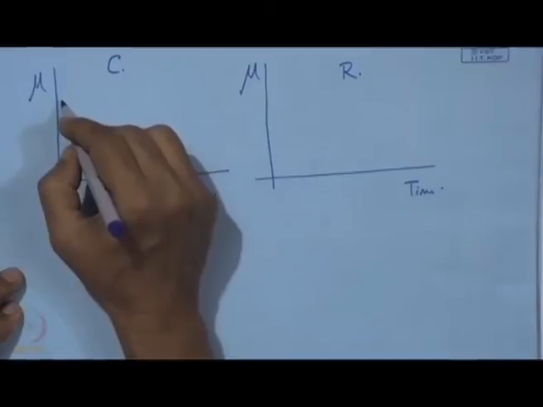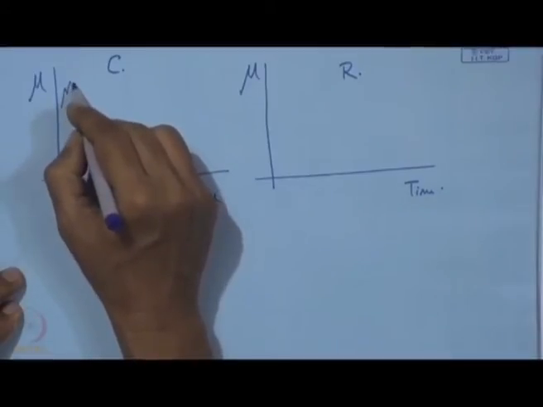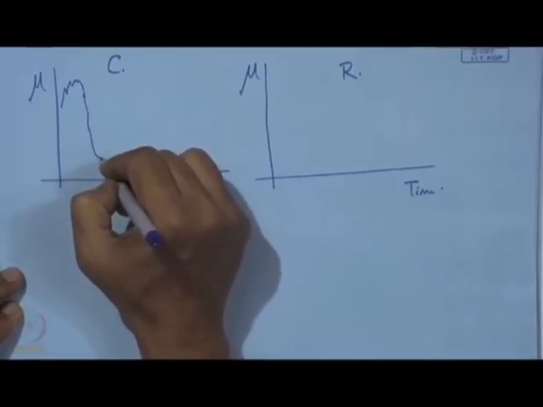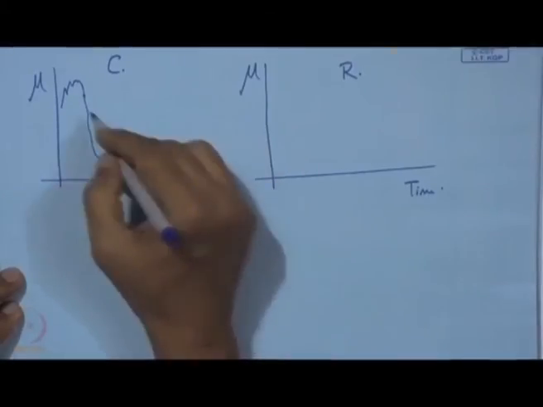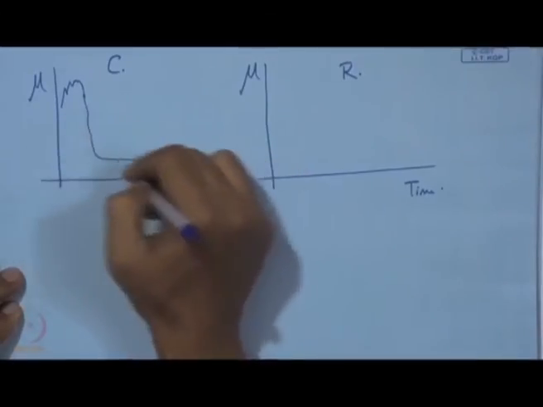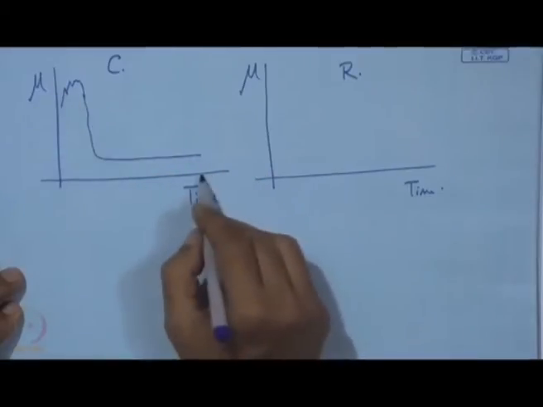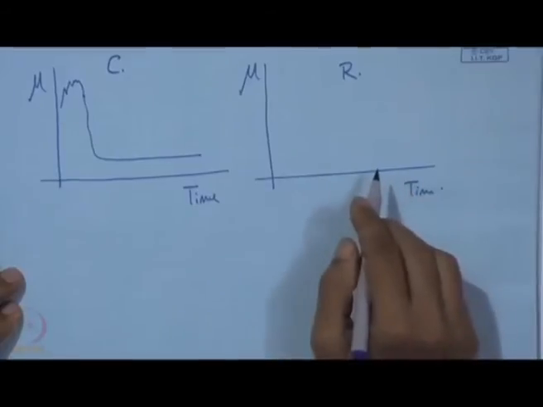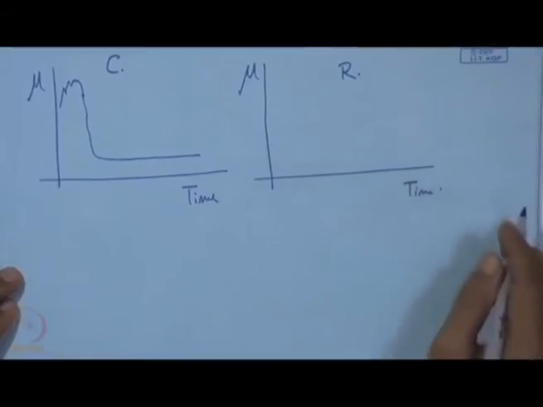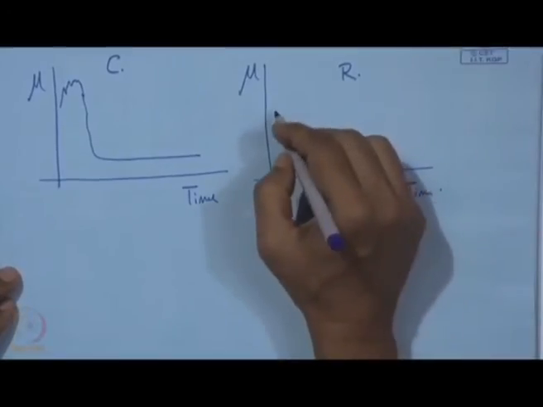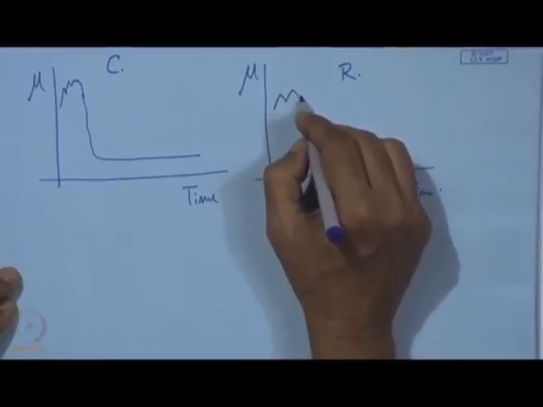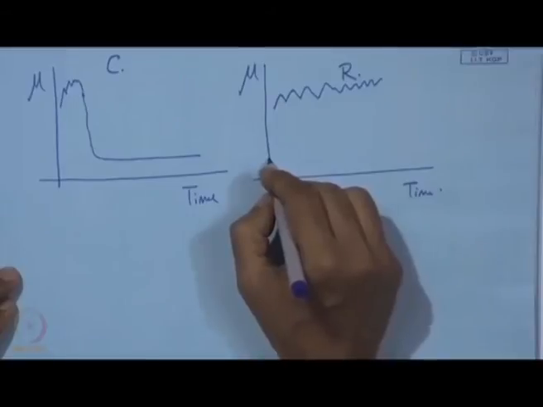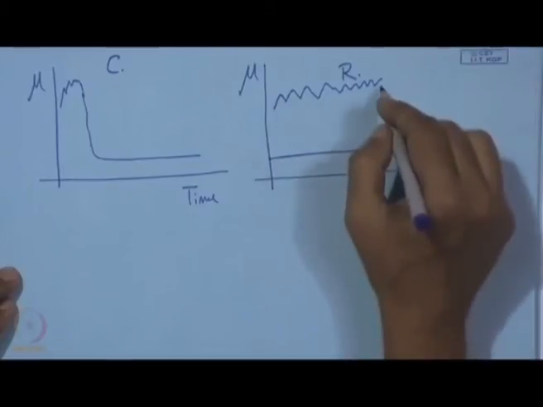A rough coating, there is a fair chance that initially it may be rough and it can come down because of this running in period and smoothness. So, it is moving in the same direction and we have a smoothening effect, but when it is a reciprocating coating, there is a risk that it can go like this and it will not come to a very low value. So, chances are